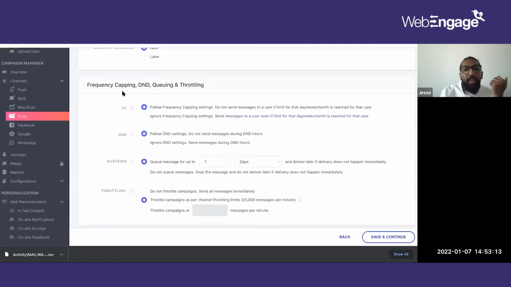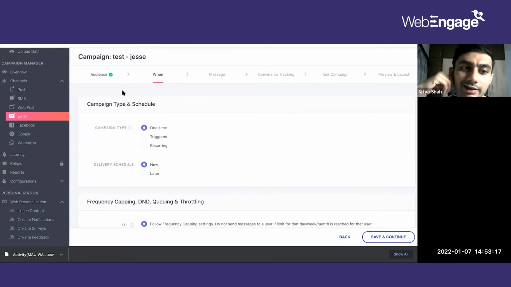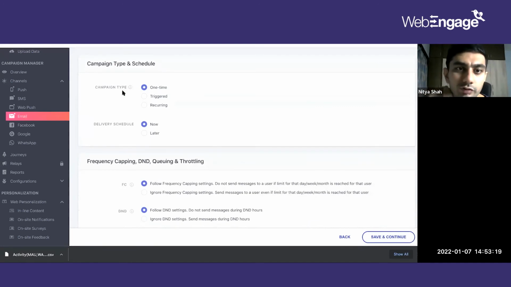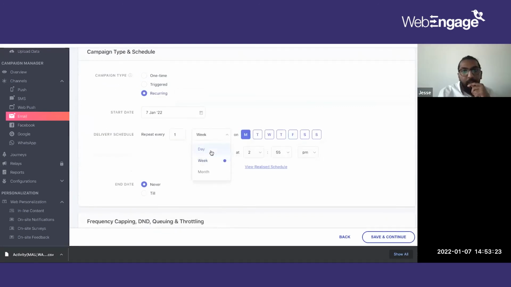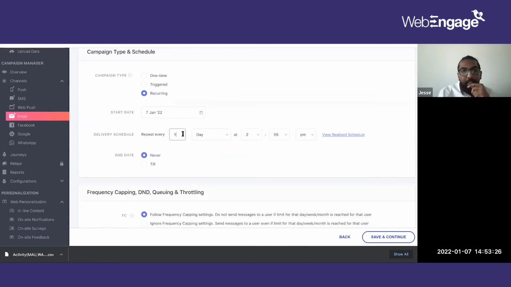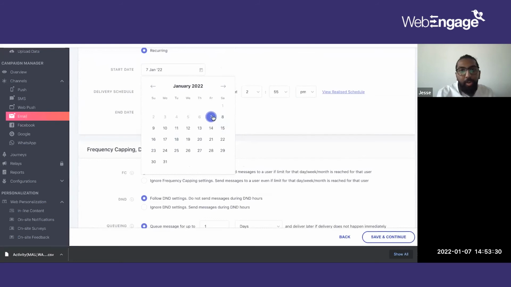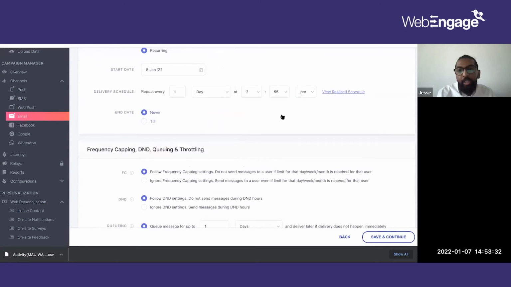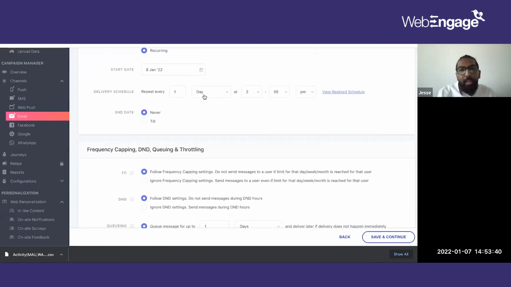And the next part, just one quick thing in recurring, there's a question. Can we set, say, every 1st of the month or every 5th of the month, something like that, right? Yep, definitely. So you can select the particular day as well. So if you want to basically put it for like, say 8th of Jan, you can do that as well. So every day it can be configured. So you just need to change the repeat.